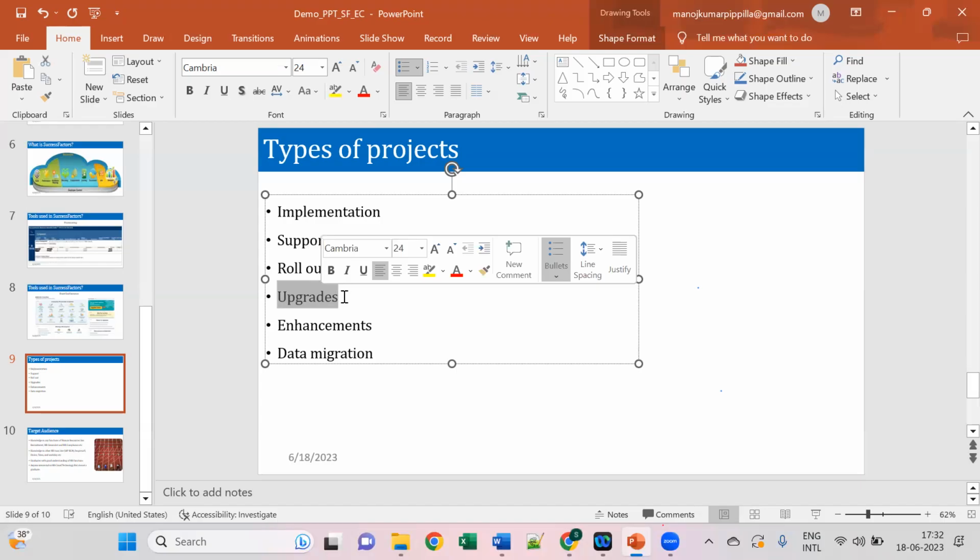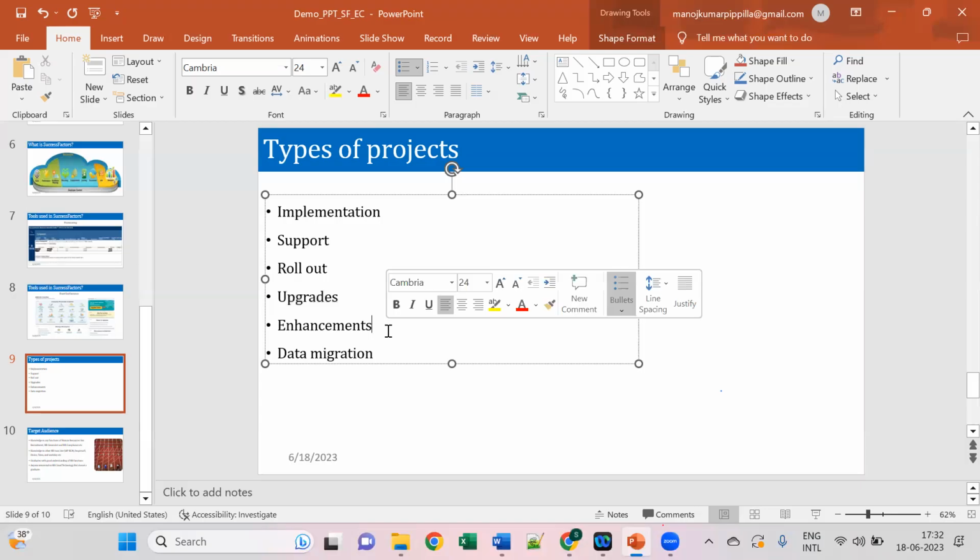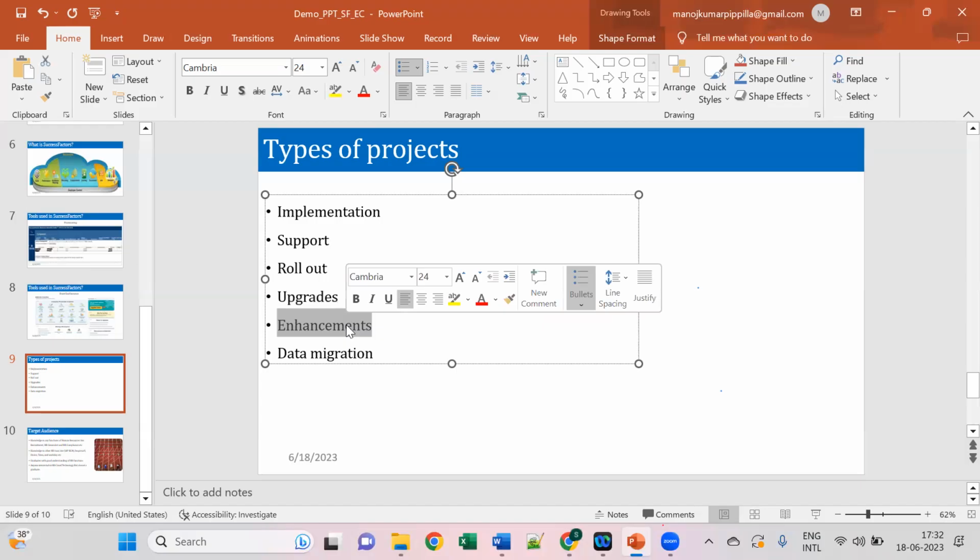Don't worry about the upgrade and all these projects; we are going to discuss them in detail. I just wanted to show you the different types of projects we will work on in real time. Next is enhancements. Enhancements can usually be covered in support projects, but sometimes there are specific projects. If it is a large enhancement, where they have already developed their system but want many customizations, instead of treating it as a support project they will ask to do it as an enhancement, which means modifications to the existing application. Those are enhancement projects.